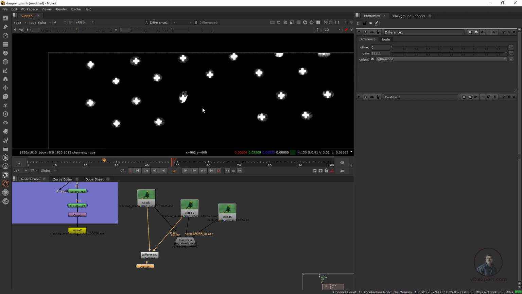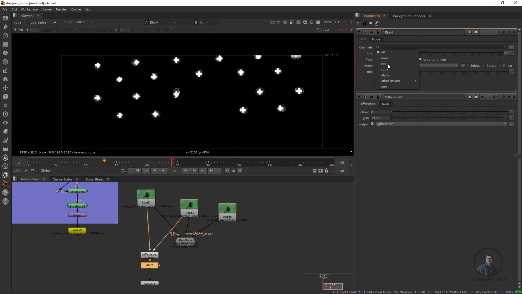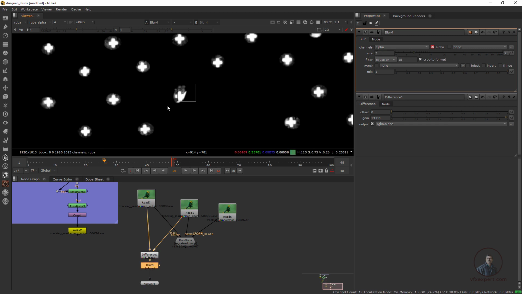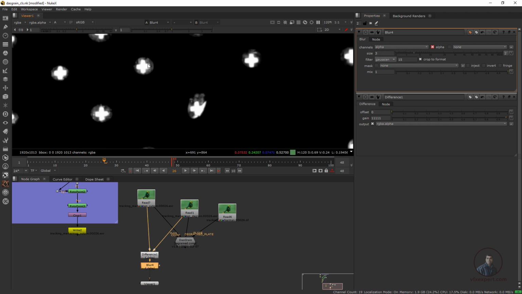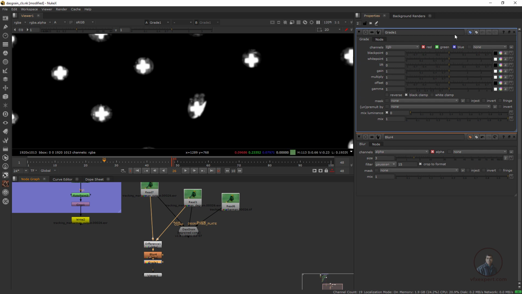Now after this we can take a blur node, press tab and take a blur node, connect it here, select this alpha and make it maybe 2 or 3 pixels. So we are getting this matte a little bit soft here. If you want to adjust this matte's black and white value a little bit, then you can use a grade node. Now select this one, press G, then double click, then again select this alpha